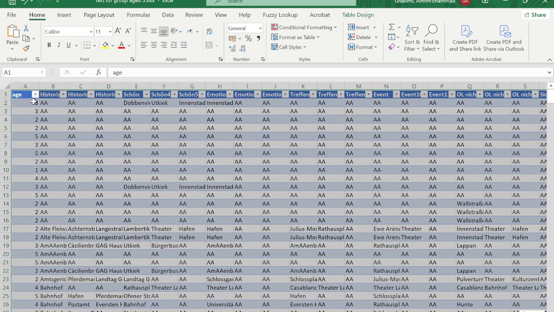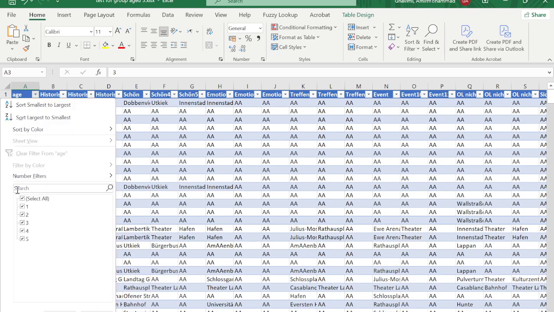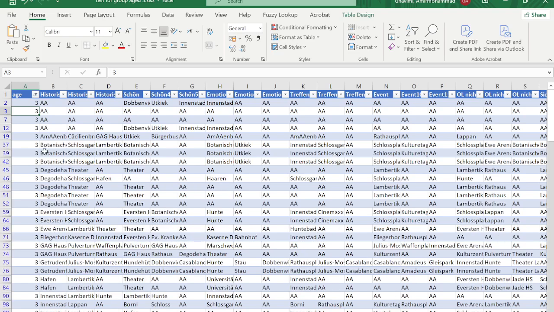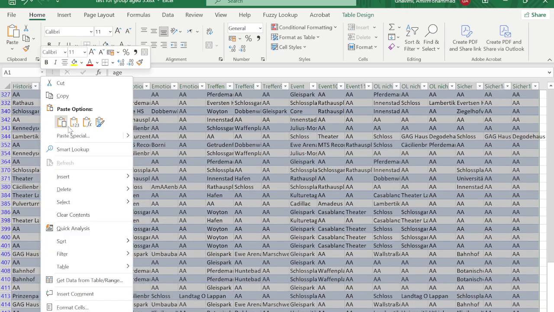for each age group. So in the first column we have age group from 1 to 5. First I select the target age group number 3. Then, by clicking Shift and Control, I select the whole table